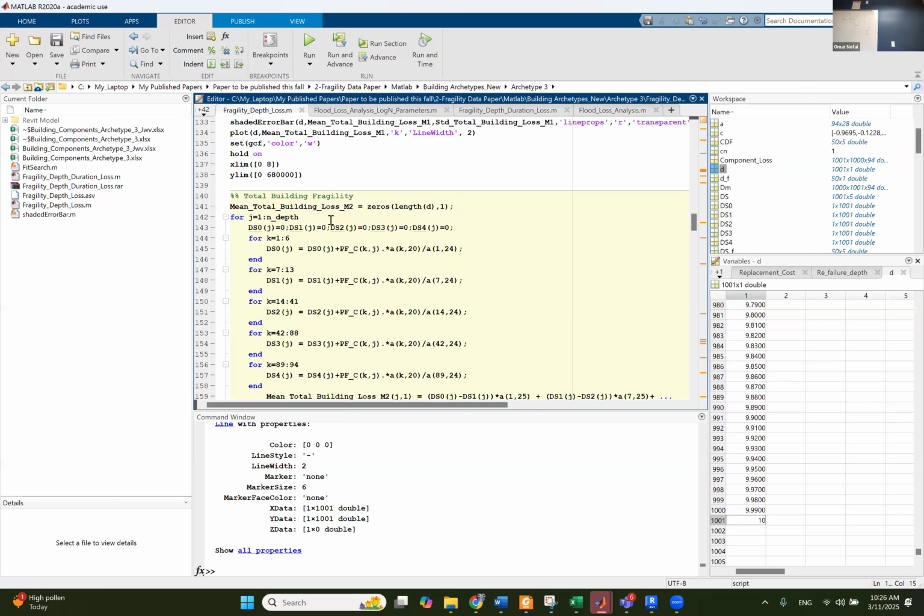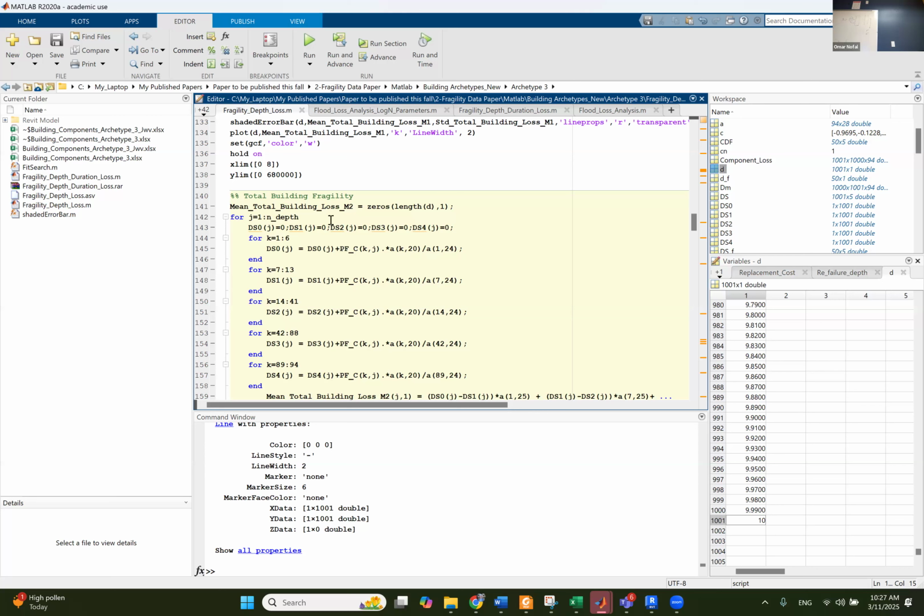It's like a summation. You can do it in completely different ways, but I believe this is the easiest way to do summation in MATLAB, because we need to do summations. There is no way that I can do summation except by doing this. I have to start by 0 and then find the weighted average that comes from component number 1. And once I find it, it's going to be in damage state 0. Then you are going to loop and start with the weighted average that comes from component 1, and then make another loop and add component number 2,